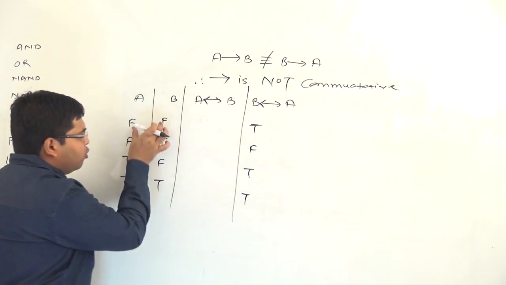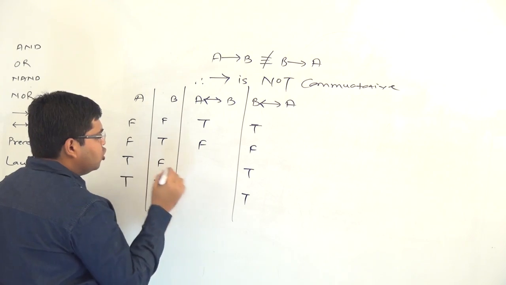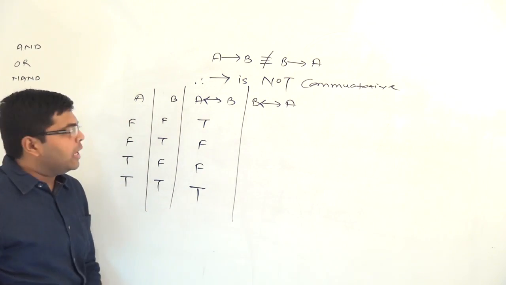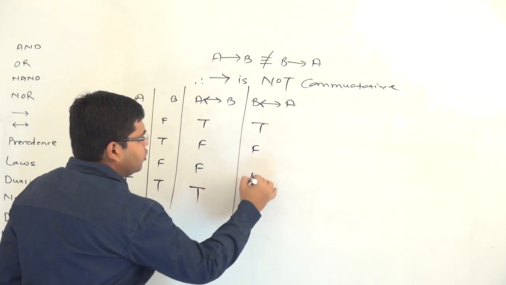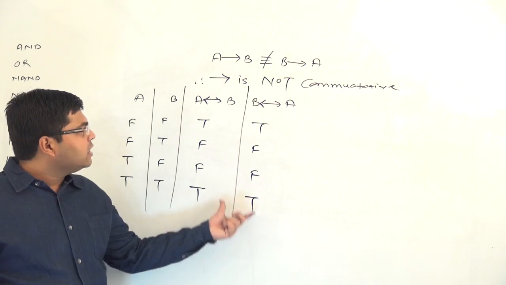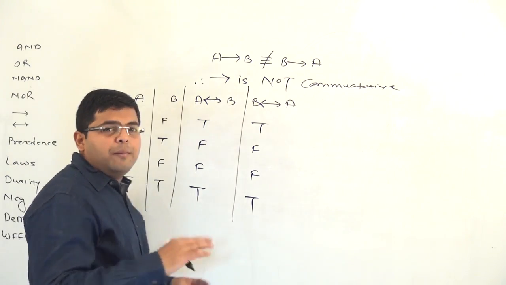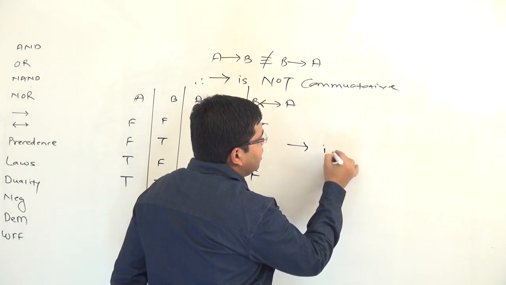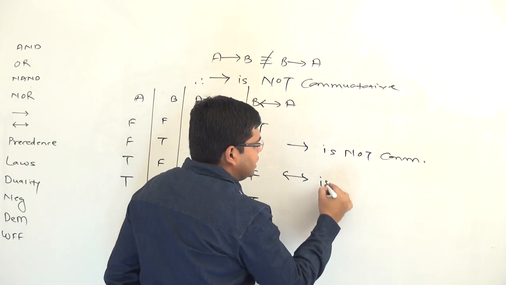So double implication, when both the sides are same, result will be true. False, false, true, false, true, false, true, false, false, true, true, true. Similarly, B double implies A, false, false will be true, false, true will be false, true, false will be false, true, true will be true. And from these two columns we can say that double implication is commutative. So here is the first major difference that you should remember between implication and double implication. Implication is not commutative, but double implication is commutative,